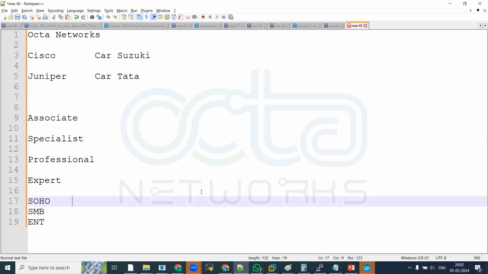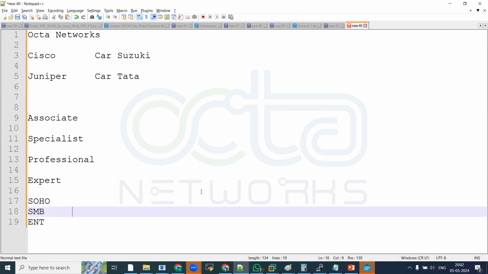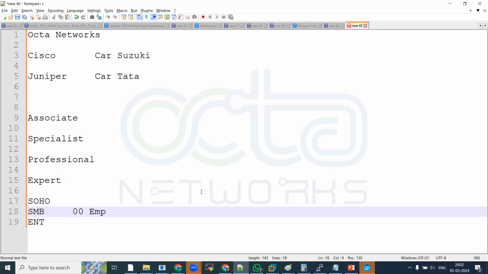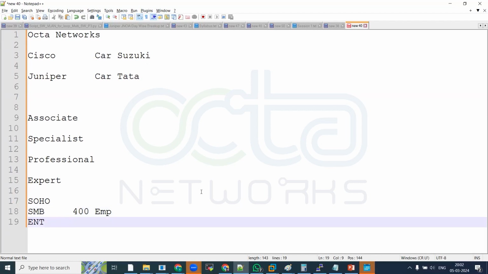If it is a very small organization, like I'm running a training and consulting business, this is counted as SOHO, right? Suppose I got a few tech support projects and I have around 100 employees. Still, it cannot be considered enterprise. Even if this goes up to 400 or 500, it will still be SMB. But if we have a company like Tata Motors where thousands of employees are there, then it will be counted as enterprise business. I hope you first of all understood what enterprise business is.